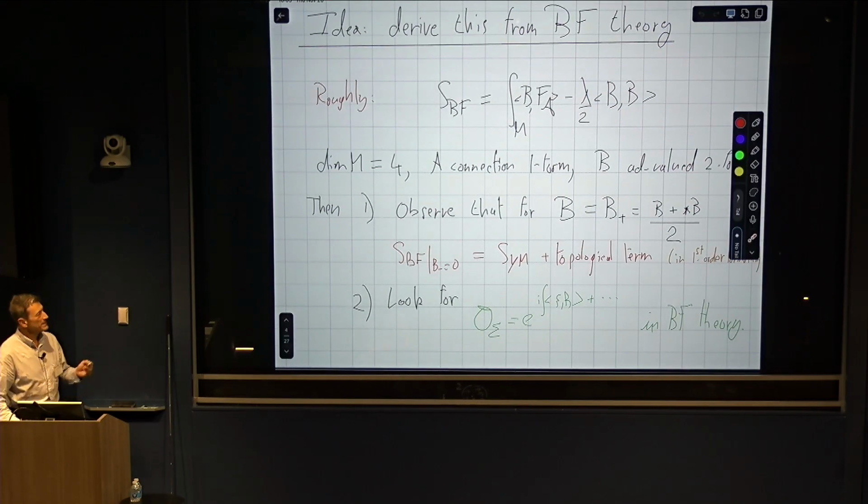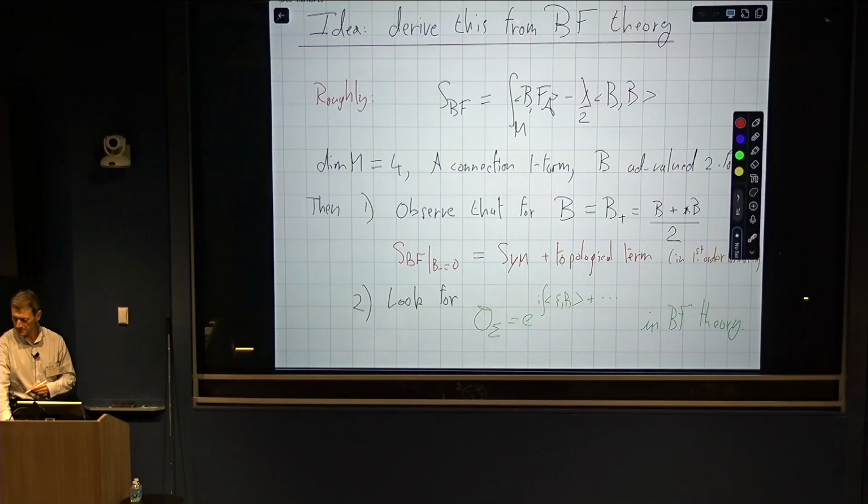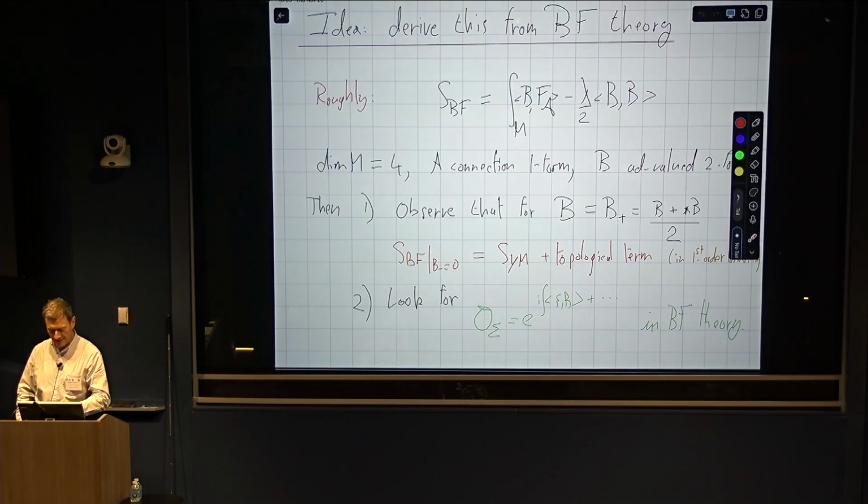Okay, so now let me recollect an idea that has appeared before today, I think several times, how to relate Yang-Mills theory to BF theory, in different ways. Actually, since we are in 4 dimensions, I will also consider an extension of BF theory where we also add this quadratic term. So here, A is a connection form for some also non-abelian Lie group, and B is an adjoint-valued 2-form, and this bracket here is some given invariant pairing on the Lie algebra, for example, the Killing form. And this lambda is a fixed parameter,